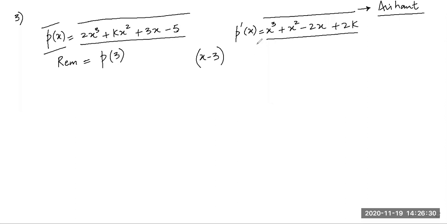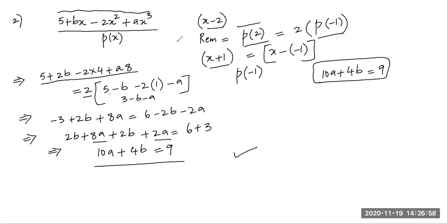Happy. Now, Pranav, can you tell when this polynomial I divide by x minus 3, the remainder will be? P dash 3. Oh, wow, Pranav. Really, you are improving. I'm happy. P dash 3. Now the equation is P of 3 equals P dash 3. If you write like this, the teacher is going to be very happy with you. This is the equation. Like last time I made an equation, like P of 2 is 2 of P of minus 1.